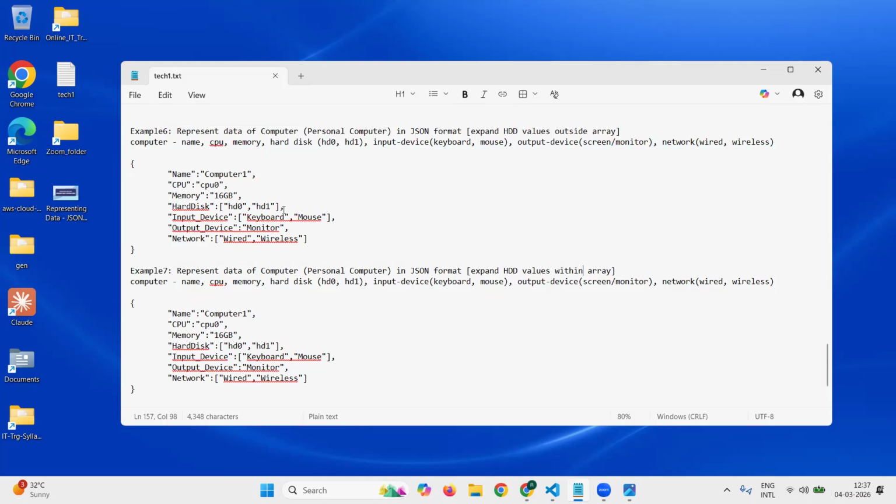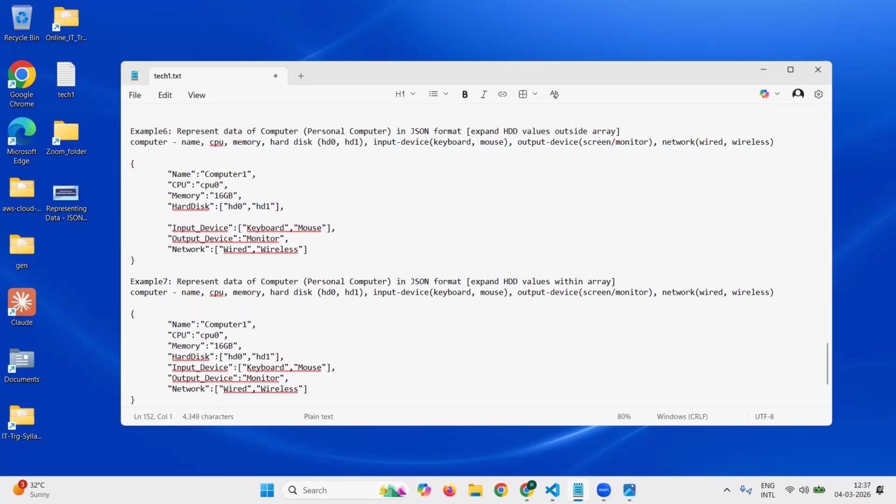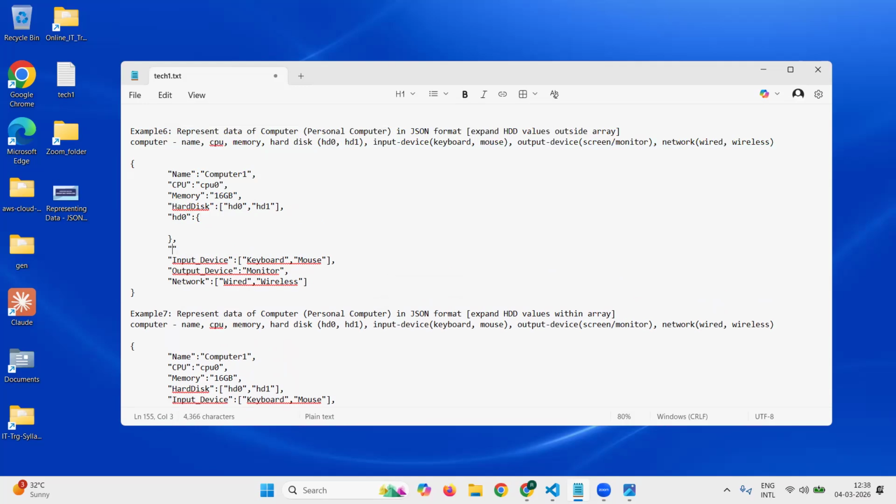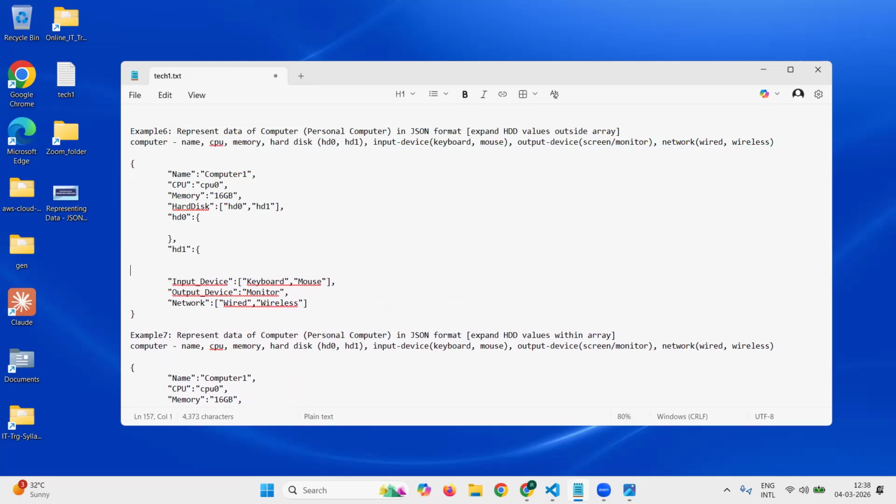See now, first outside array. So if it is outside array, I can just mark it as key value here. HD0 colon properties. HD1 colon attributes in curly braces. So let's say I have values of size of the disk